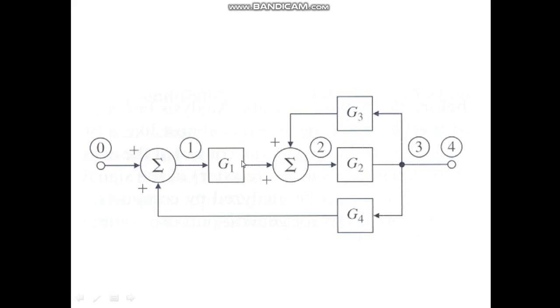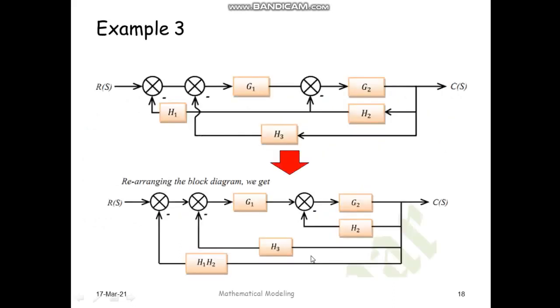So this transfer function and this G1 will come in series. So you can take the multiplication of these two. After taking the multiplication, you will get a single block in the forward line and a single block in the reverse line. So again you can eliminate this minor feedback loop as G1 into G2 divided by 1 minus G2 G3, divided by 1 minus the multiplication of these two terms as we have taken in the numerator, multiplied by G4. So this is how you can solve this problem. So now let us go for the next example.